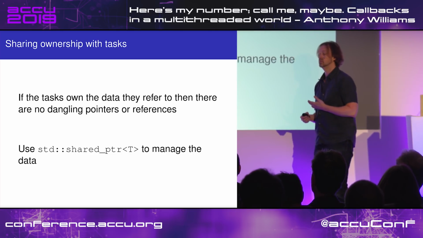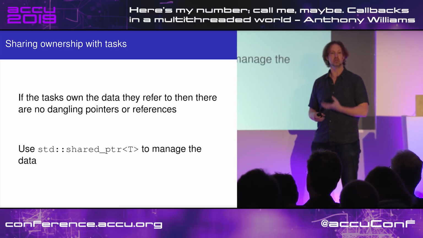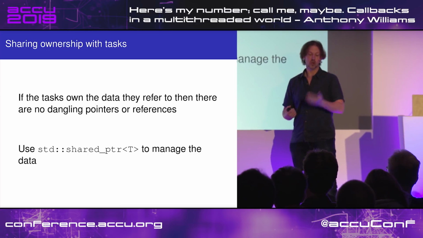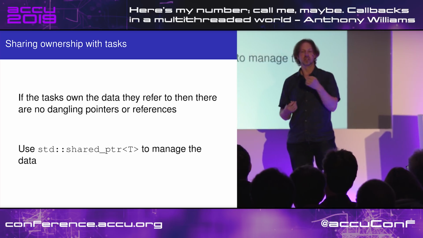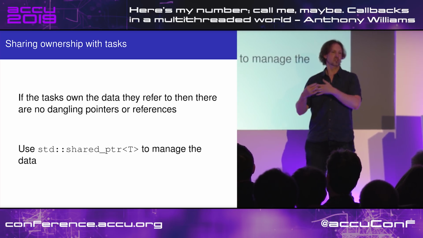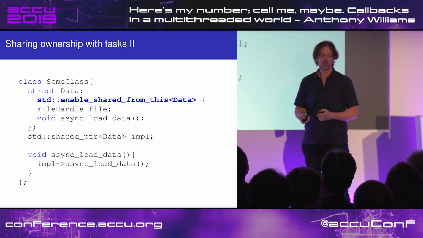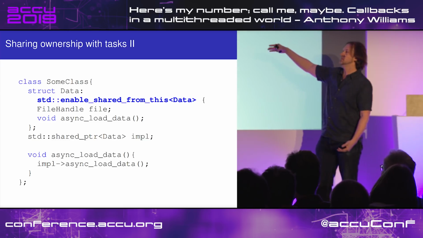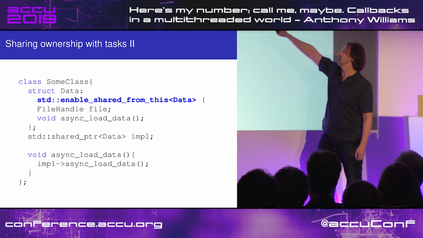So, shared ownership, C++. The most straightforward way of shared ownership is to use a shared pointer. If the tasks own the data with a shared pointer, then we guarantee that the data is only destroyed when the last shared pointer instance goes away, and we don't get the dangling pointers. So how can we make that work here? Well, rather than having the file handle itself be a member of our class, we put it in a data object. We allow shared from this,